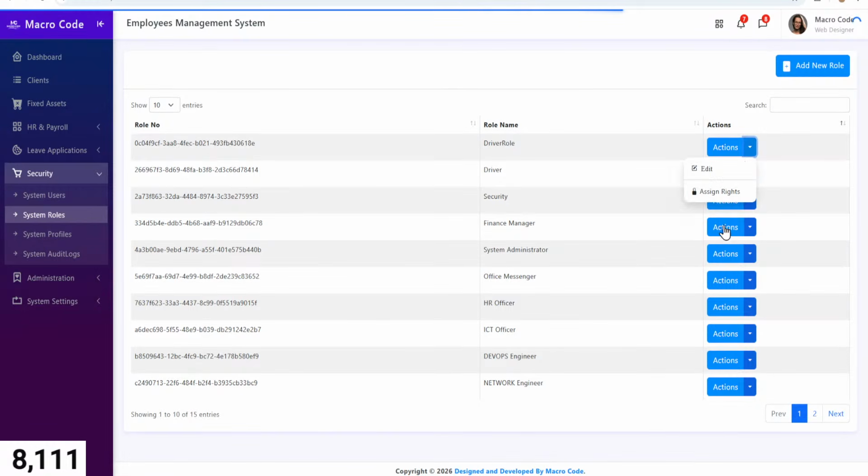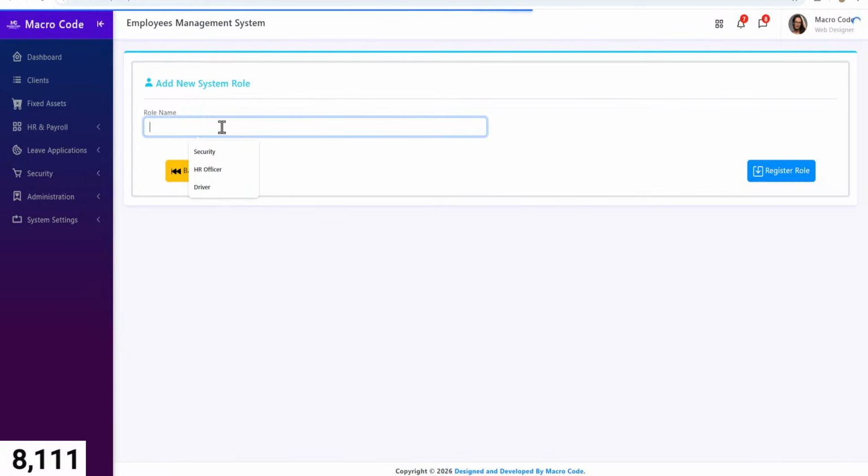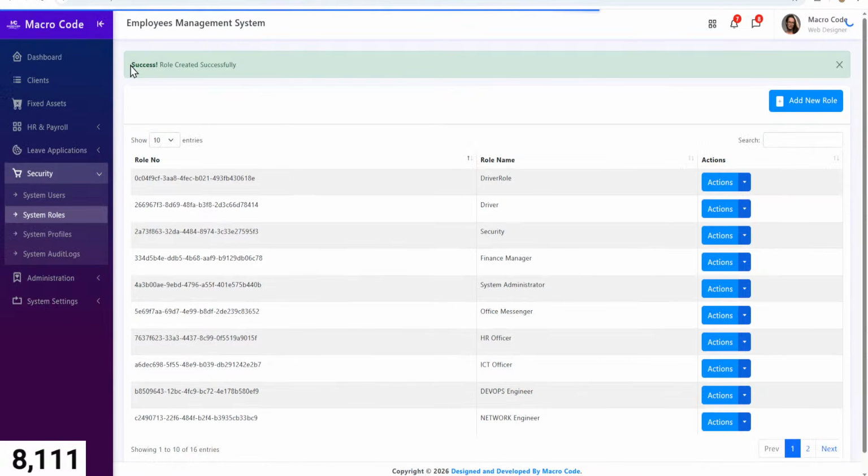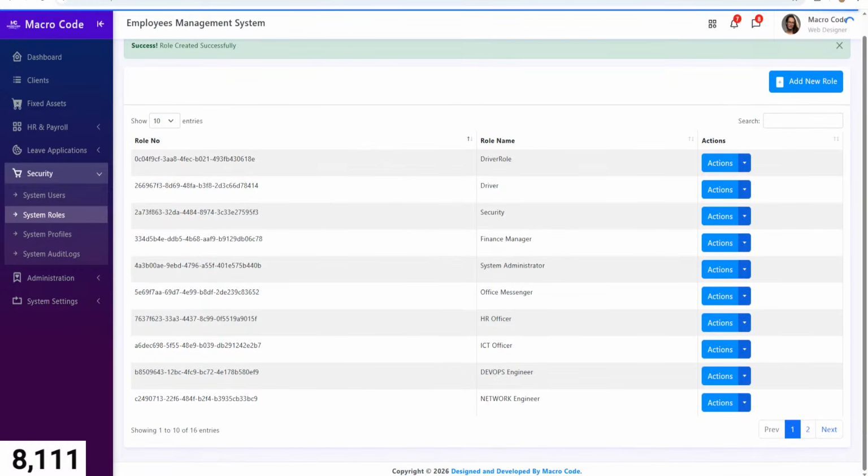But once the role is created, then you can see here we have the rights. So you can assign rights to roles. So if I just come here to driver, I think we have the same role, driver. So let's see if we can create a role that is, say, cook. So if I register, yes, that means we cannot have two roles in the system. So we need to have only one role, and that is it. So if you come to our roles here, then you can